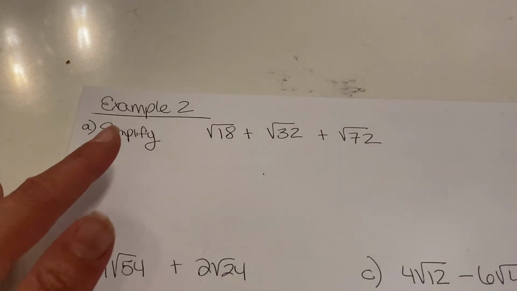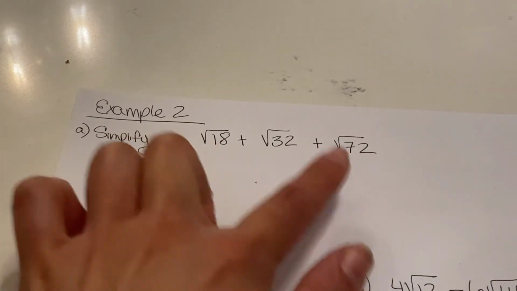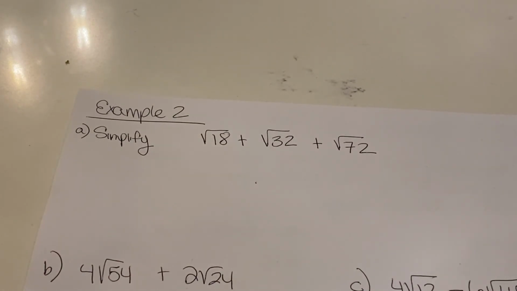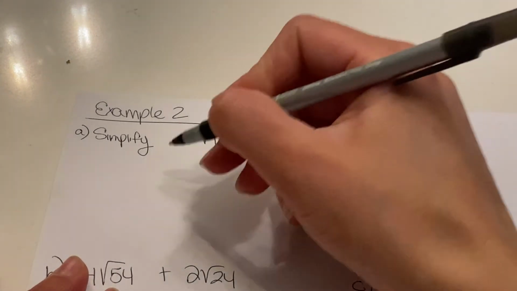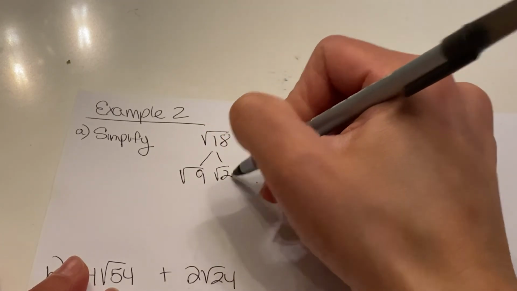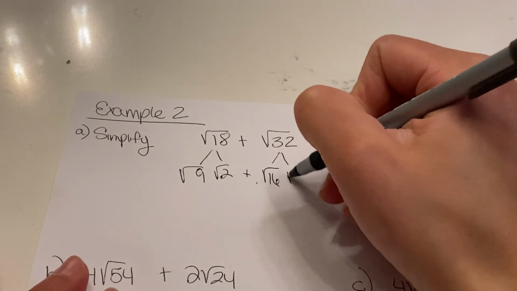So let's look at the first example. 18, 32, and 72. They're not simplified. So your first step before you could even combine them, because they're not like terms, you can't combine them, you've got to break them up. So I'm going to break them up how I taught you. Radical 9 times radical 2 plus 16 times 2